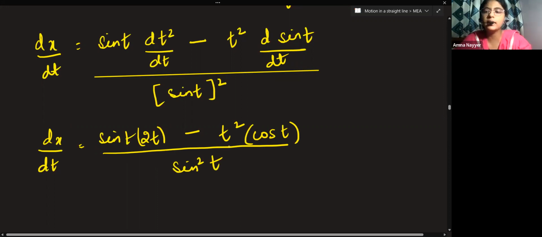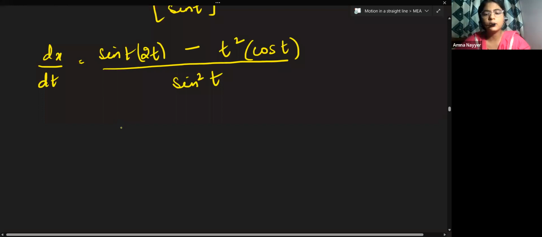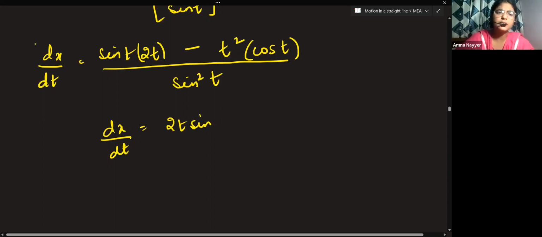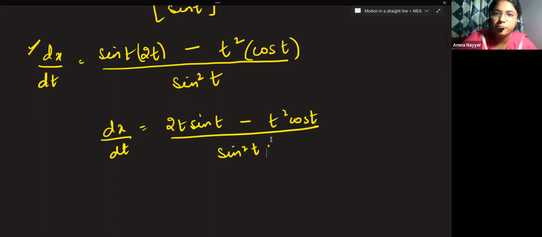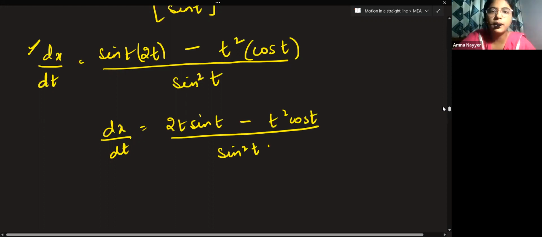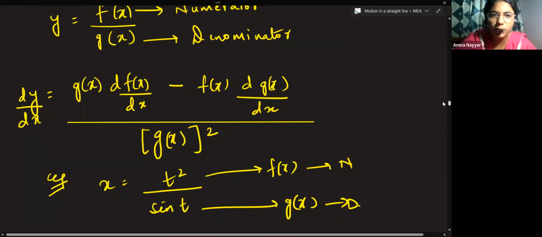So how do we write the final answer? This is the final answer only. dx over dt is given by 2t sine t, I'm just rearranging it. This is the complete answer: 2t sine t minus t square cos t, divided by sine square t. That's how you use your quotient rule. All right, so note down this as well. If you're having any doubts, just ask me. Any portion you're not able to understand,